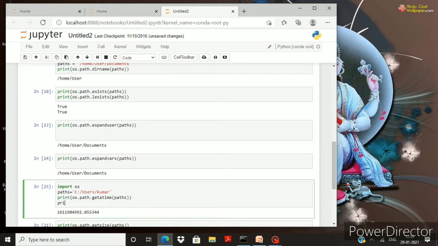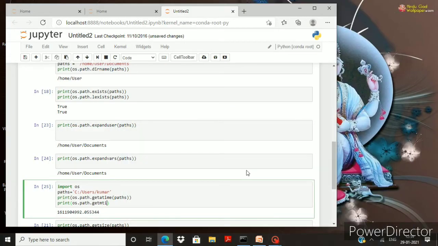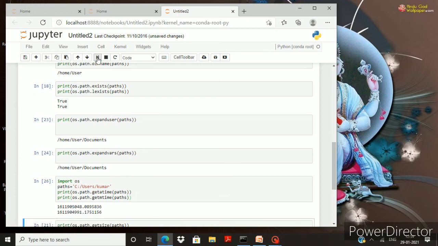You can give here print os.path.getmtime of paths. I think the same will be the answer. Yes.